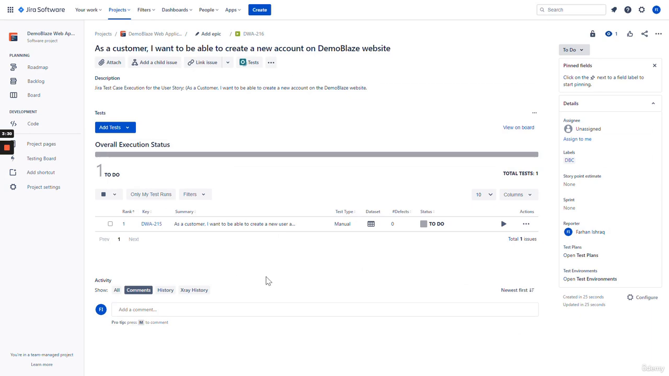As you can see here, for the test case execution, the view changes and the dashboard looks different now. In our test case execution, you can see that there's an overall execution status with a total test number of 1, which means that there is one test case associated with our test execution. In a test execution issue type, using the JIRA X-ray plugin, you can actually add one or more test cases